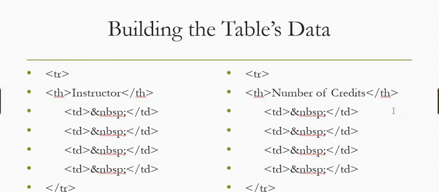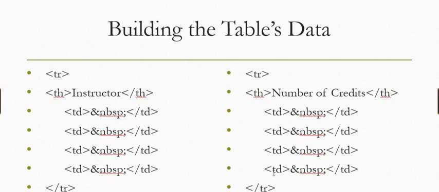And then for each, I've provided examples of 4 specific cells to put information within. And as mentioned previously in the previous slide, you will edit out the ampersand NBSP semicolon information. So in these cells, the instructor would be Professor Marino, the number of credits would be 3, and then each